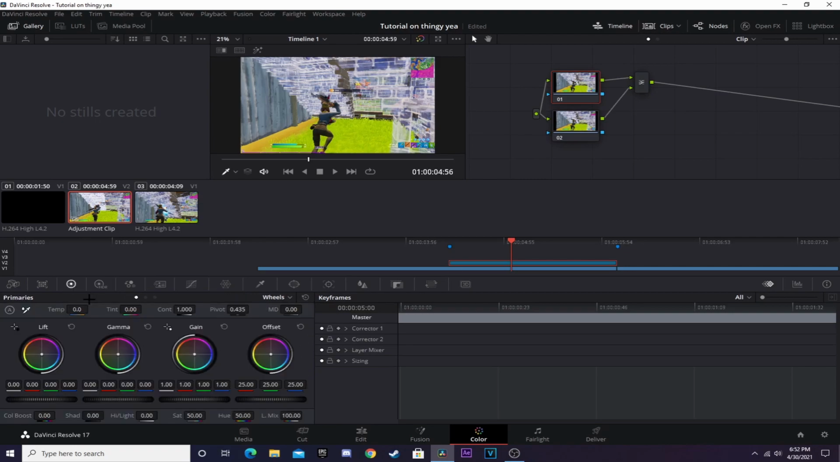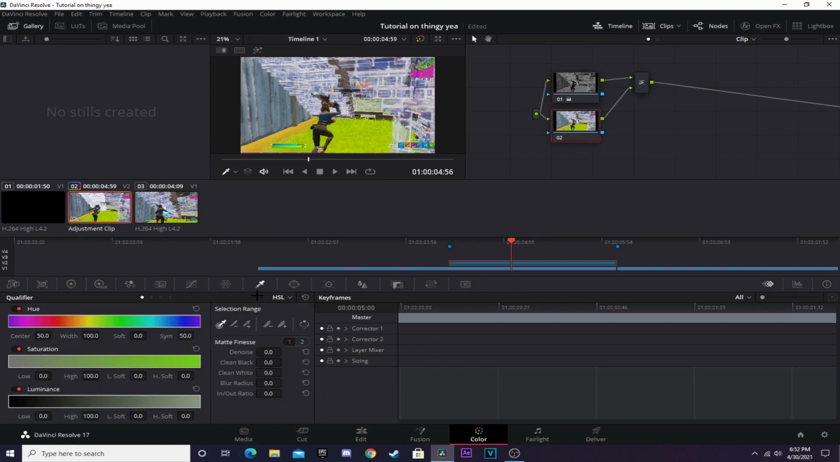On the first one, you're going to want to go to here, drag your saturation to 0, your shadows all the way down, all these 2 all the way down, and that should do it. Make sure they're all the way down. And then you're going to go over to here, and you're going to go to this,